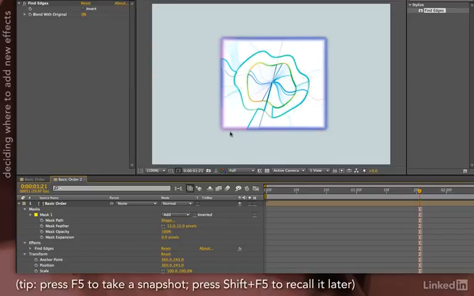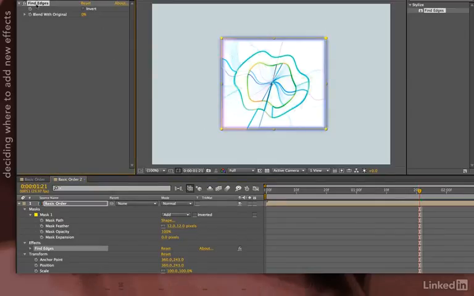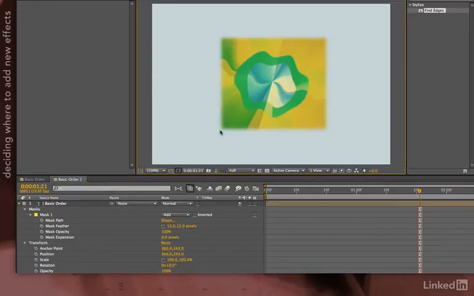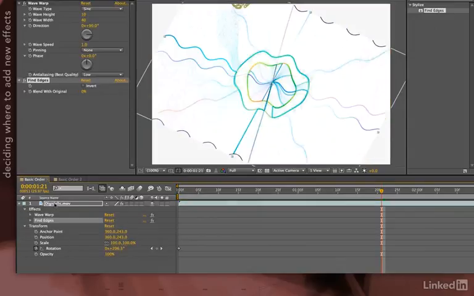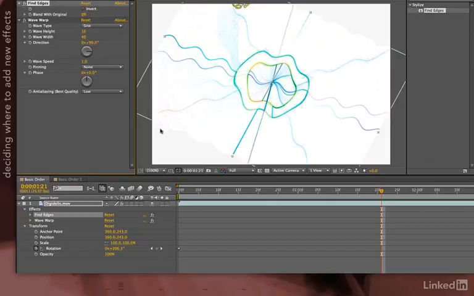But so you can compare the difference between applying find edges in this comp and applying it in the first composition, I'll cut the effect, so now we just have a feathered edge. I'll bring the first comp forward, and with it selected, we'll paste. Find edges is now applied after the wave warp, so it's actually finding the edge of the movie that's being waved. If I move it to the top of the effect stack, it will be applied to the movie before